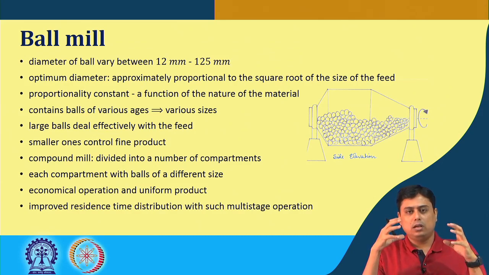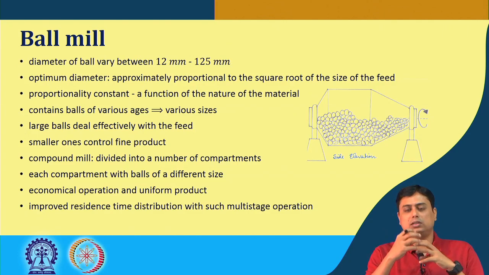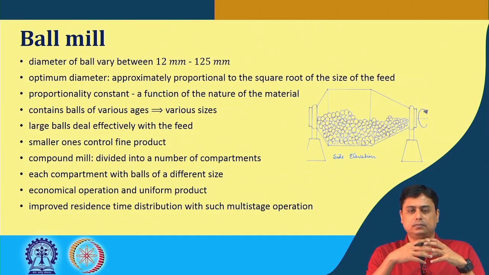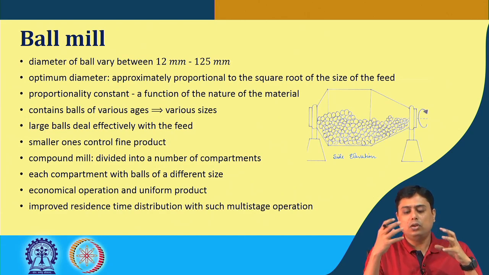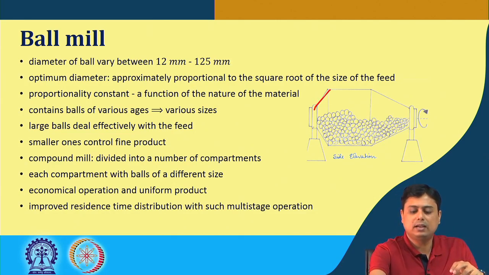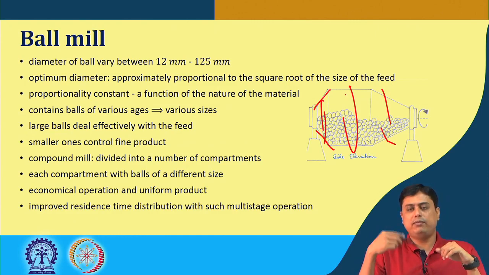Now, we can understand these balls are going through some vigorous movement inside the ball mill. So, naturally there will be a huge amount of wear and tear of these balls, and it is not uniform as ideally it should be, because by this construction the movement at the periphery would be different in different locations, or the velocity would be different, and so the wear and tear will not be uniform for all the balls.